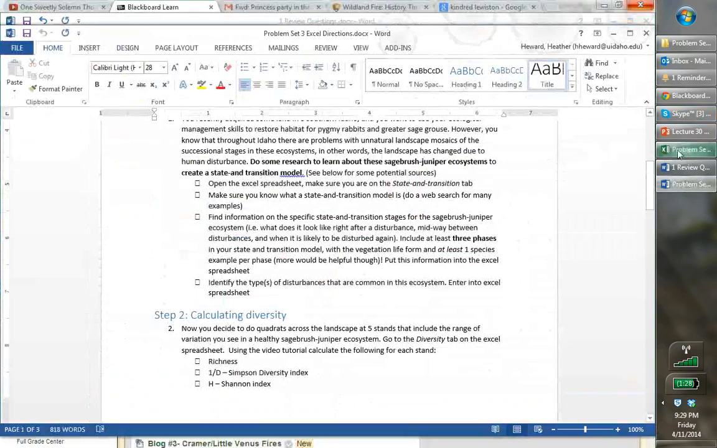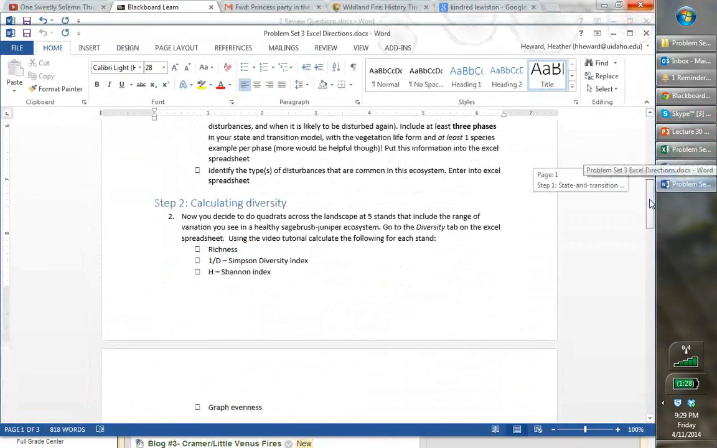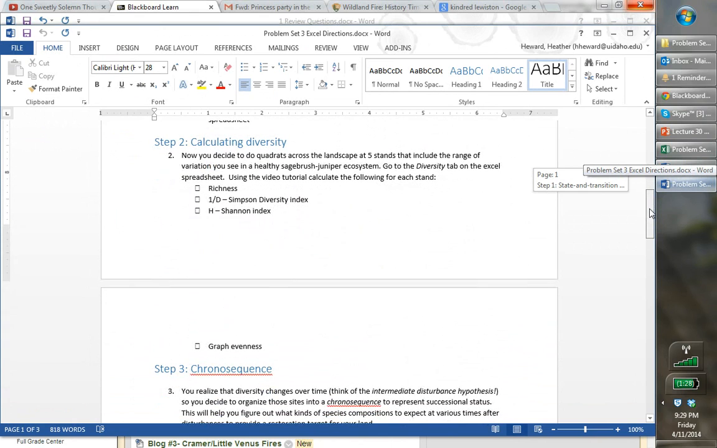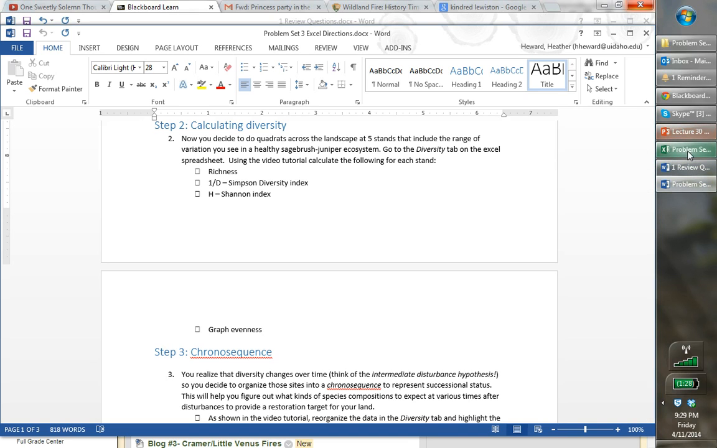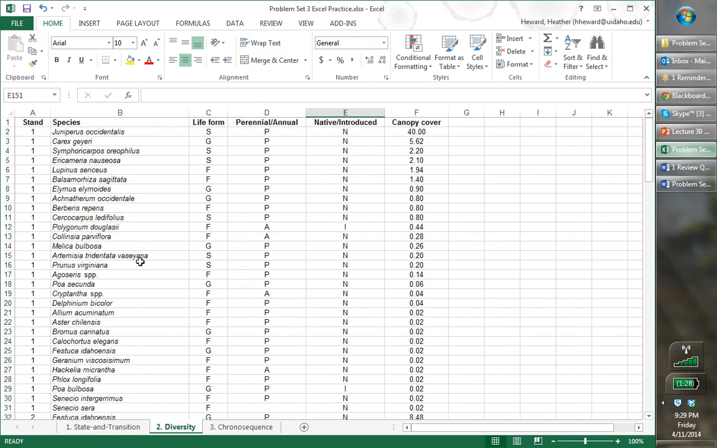So then the second part is what we'll go through today, and this is calculating diversity, which is something that hopefully you're pretty familiar with now, and we'll be doing it on a larger scale though, and we'll be using a couple different other features in Excel. So in this little scenario, we've gone out and used some quadrats to sample some areas across a landscape in a healthy sagebrush juniper ecosystem. And so we want to know some information about that ecosystem and about these 5 different stands that we've sampled in. So on tab 2, diversity,